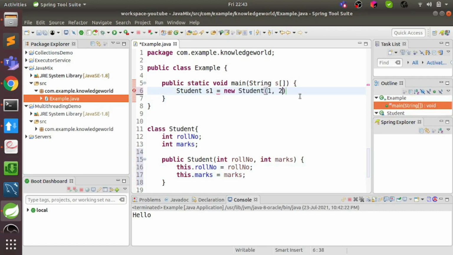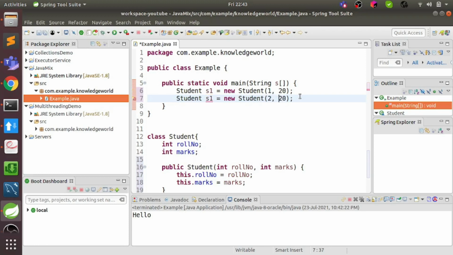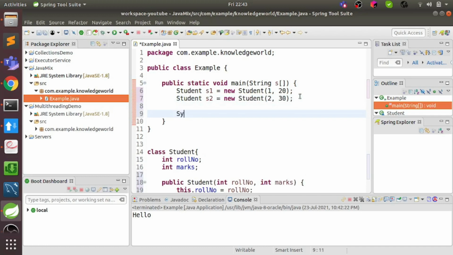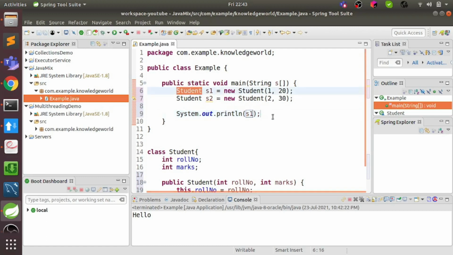Student 1 with 20 marks and student 2 with, let's say, 30 marks. Now let's say we want to print that student object s1.